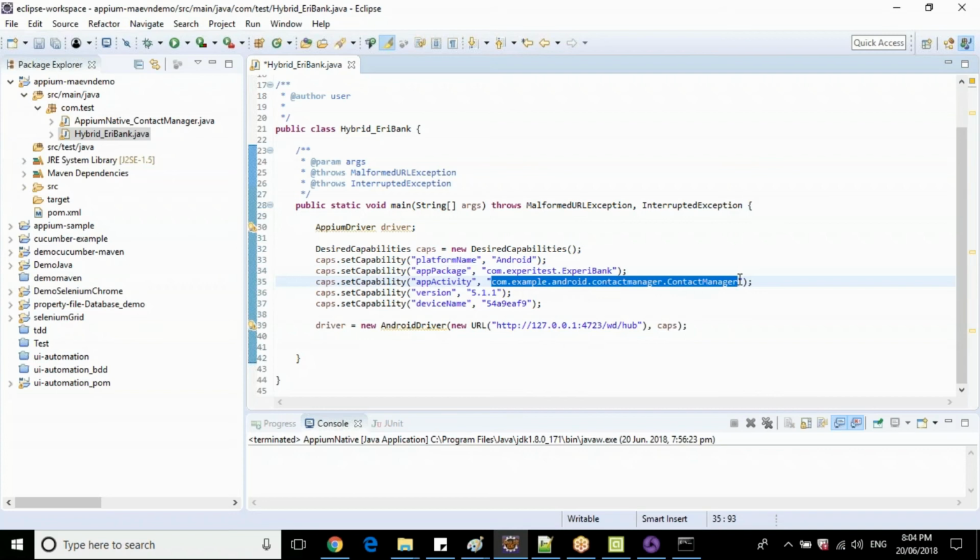And my activity name is the package name plus LoginActivity, which is the first activity for this application.